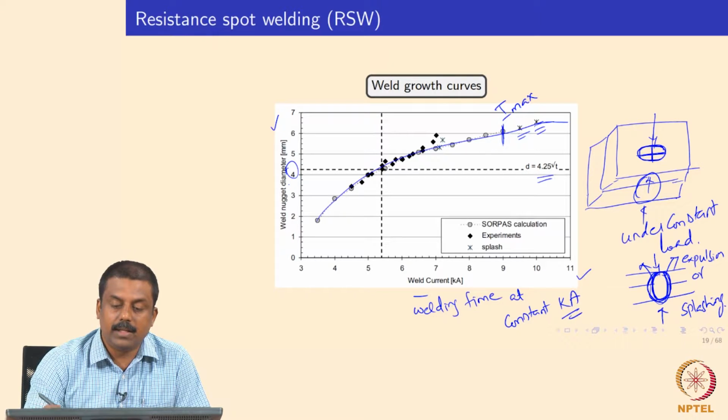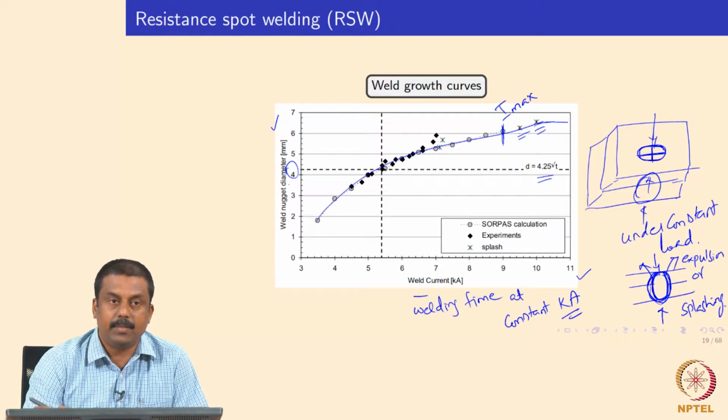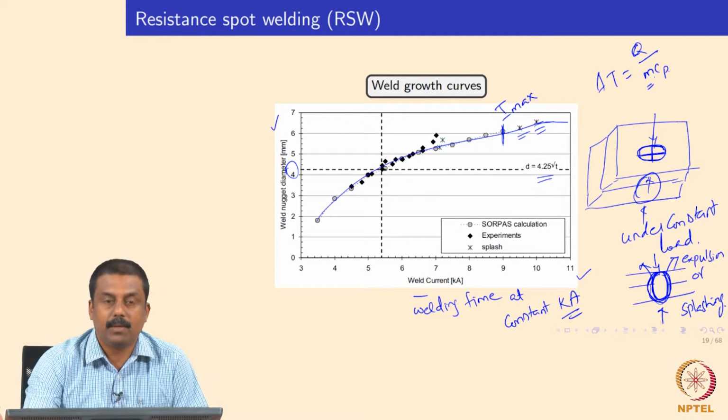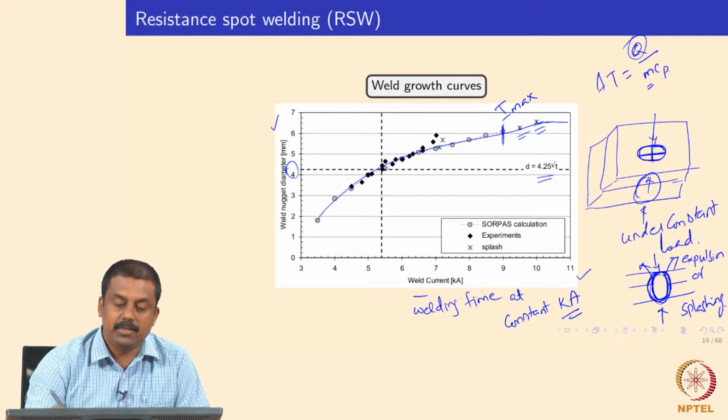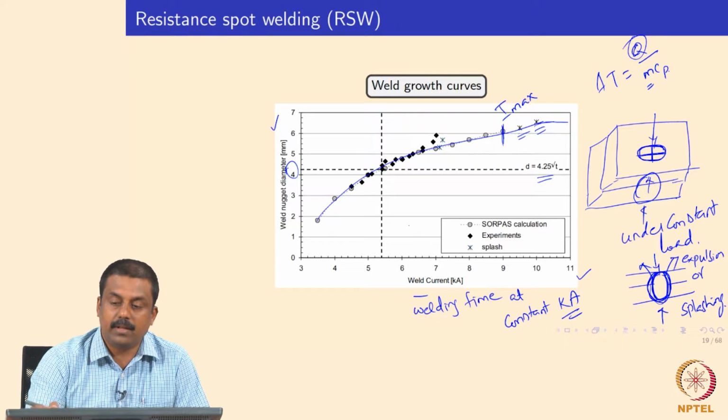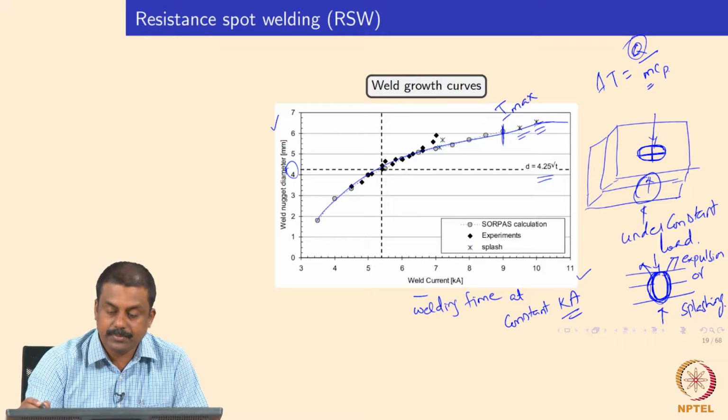So such welding curves should be generated for a given thickness, because if you change the thickness, obviously there is the mass effect, right? So the mass effect says that the temperature is divided by mCp. So if you change the thickness, your m also changes. Okay, so then you need to change the amperage to change the Q. So that will again change your desired weld nugget diameter as well. And if you change the thickness, your weld growth curve would also change, because then you will also change the Q. So for a given thickness, material composition and coating configuration, we need to generate weld growth curves.